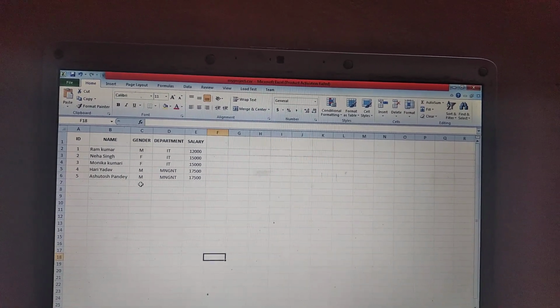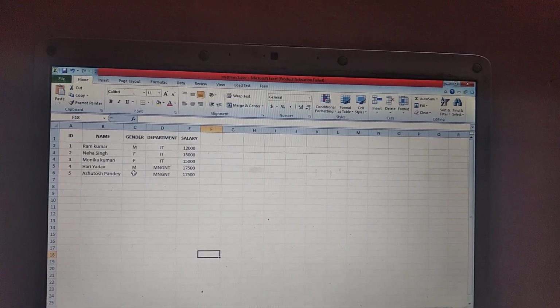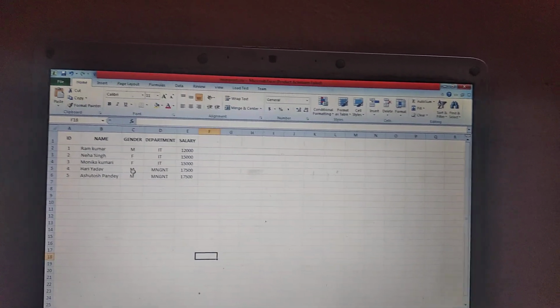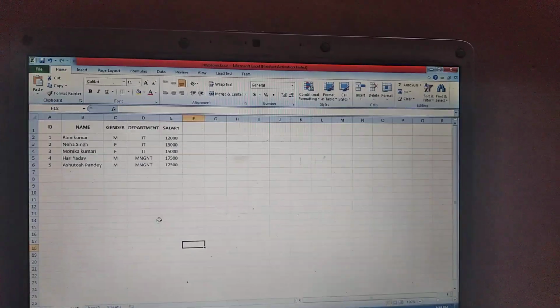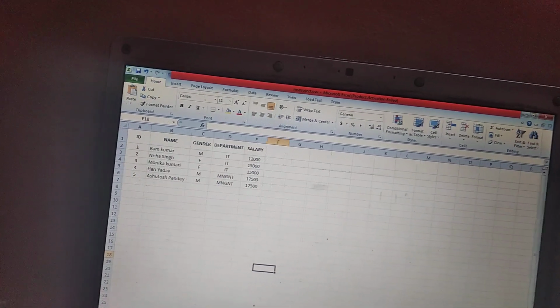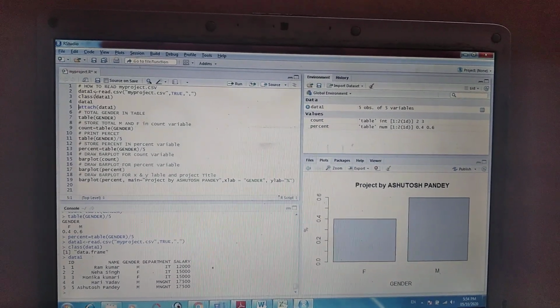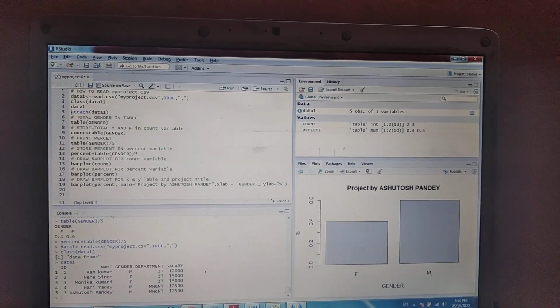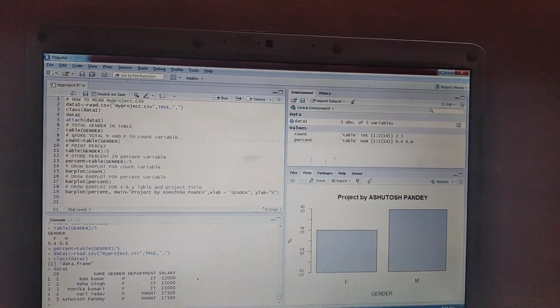There are 5 rows in which we can see there are 2 females and 3 males. So first off, we try to count the total number of genders. So table function, then gender, this is a field name.